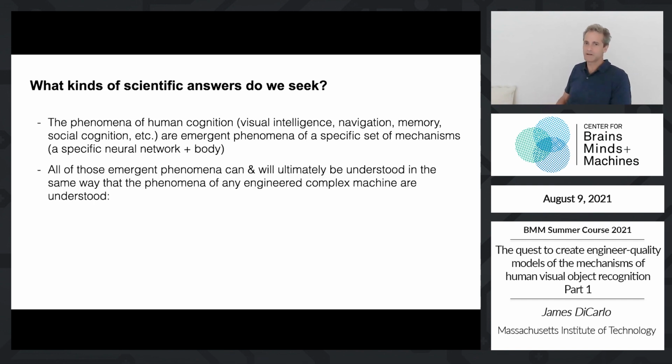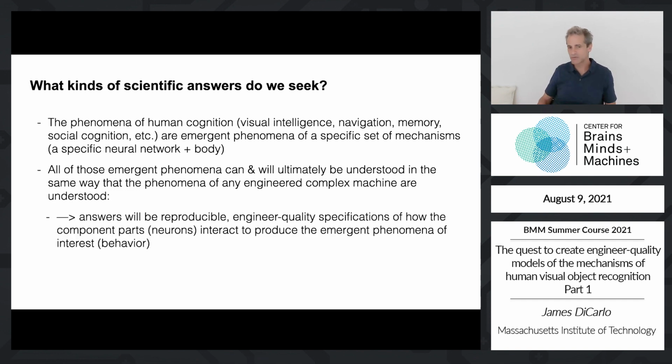All of those emergent phenomena can and will someday be understood in the same way the phenomena of any engineered complex machine are understood. And this is an important point here. So they won't be understood in simple one-lines or abstracts or one great paper. They'll be understood as reproducible, engineered quality specifications of how the component parts interact to produce the emergent phenomena of interest. That is the behavior of interest, say, for instance, visual intelligence. Okay, I hope, again, most of you take this as kind of dogma, but I want to point out that's not a 100% standard view, even in the field of neuroscience,